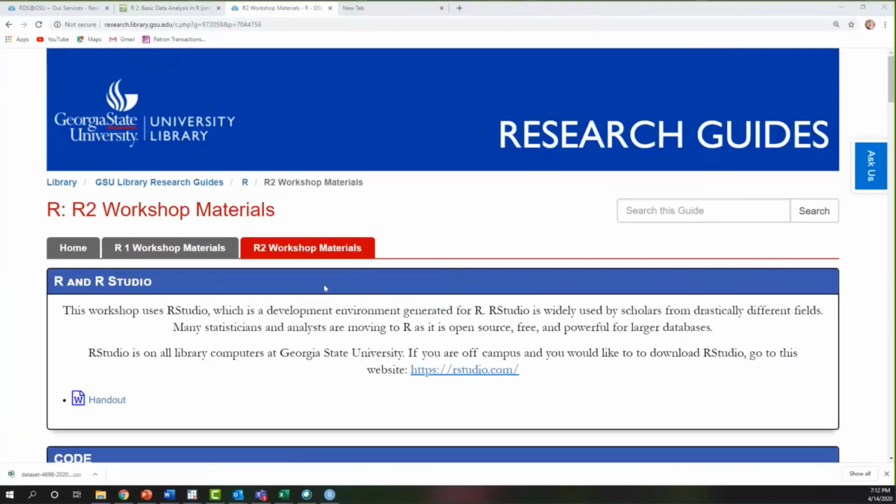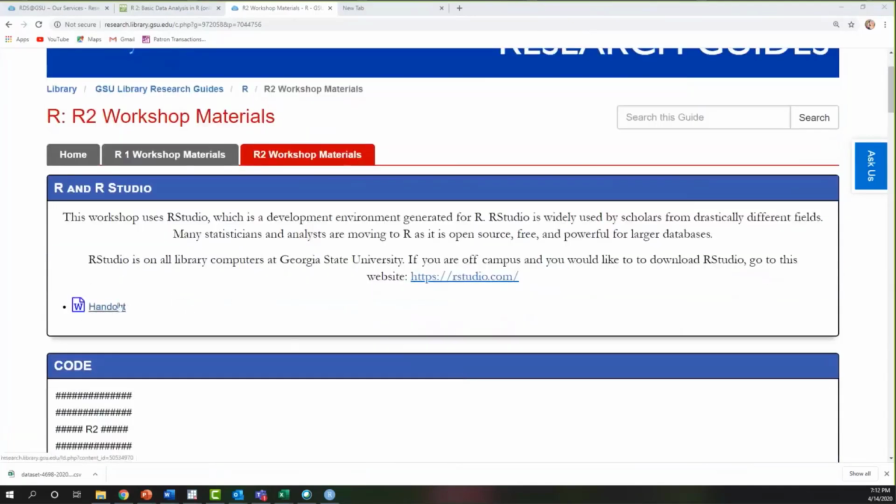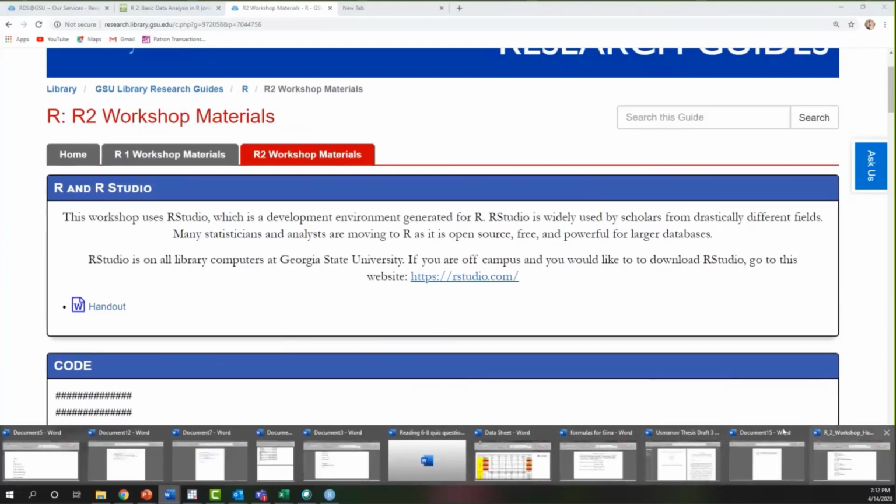Okay, so I'm here on the R2 workshop material page. If you, after this workshop, want to download R, there's a link right here to download RStudio. So you need to download both R and RStudio. They work together. Then if you would please, this is the thing that's important for tonight, even if you are not using R on your own computer and you're just following along, please download this handout because I'm going to be asking questions. I want you to be able to reference the handout because the handout contains the code. So I'm going to open the handout so y'all can see this